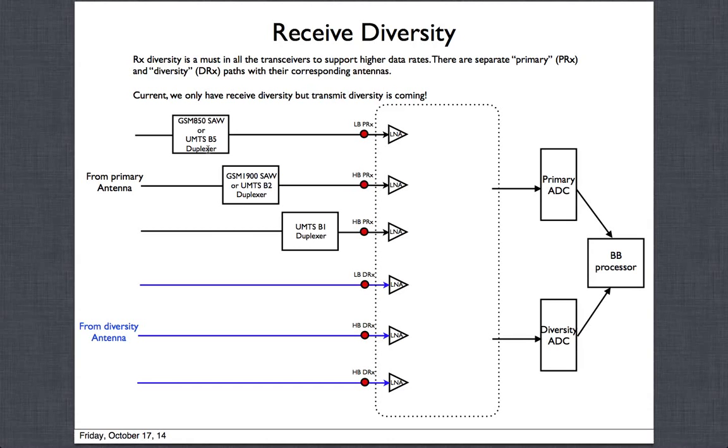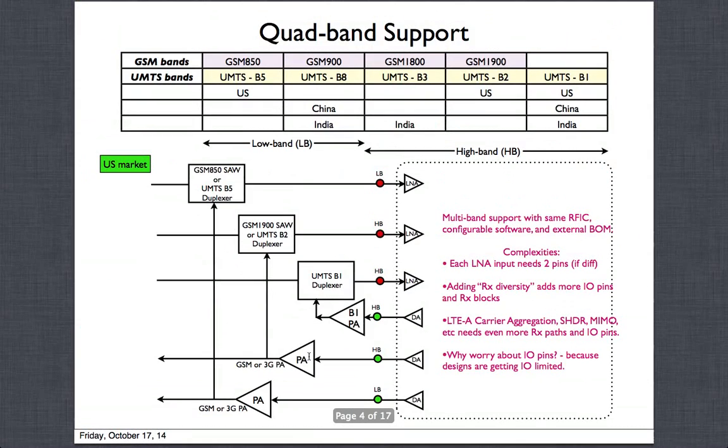So what the duplexer is trying to do is separate the TX and RX. The TX could be transmitting at much stronger power, and we don't want the TX to be drowning our own RX. That is the primary use for it. So in the primary paths where you have the TX, the three TX paths that go out, as we showed, the PAs go through the duplexers. So that would still be there.